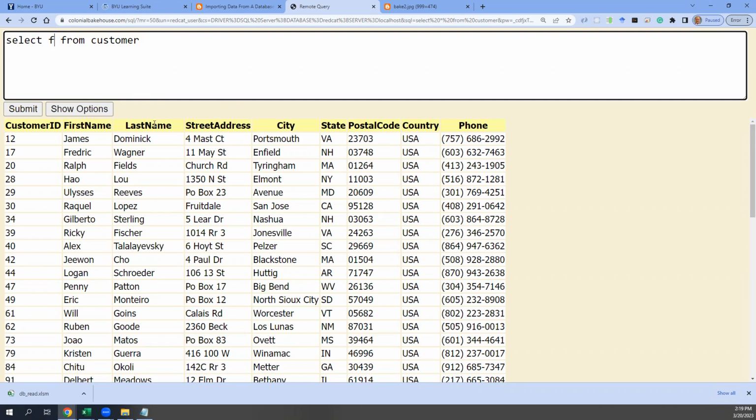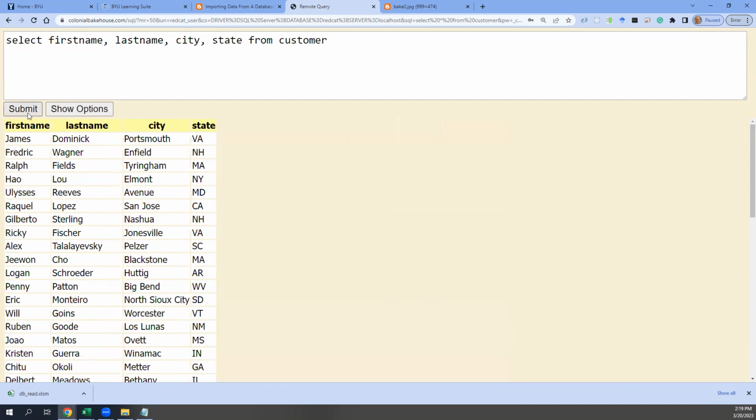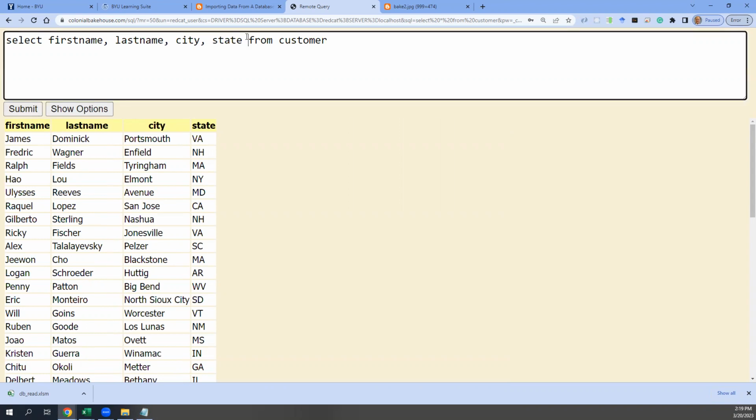I could just say I want first name, comma, last name, city, state from customer. And then if I execute that query, then our front end sends that request to the engine. The engine looks across all the data, says, here's the records that meet the criteria, and then sends it back. So customer then is the name of the table that I'm getting this data from,